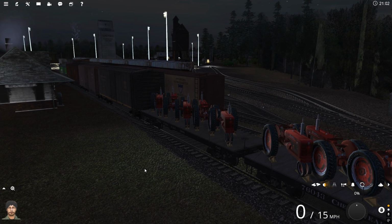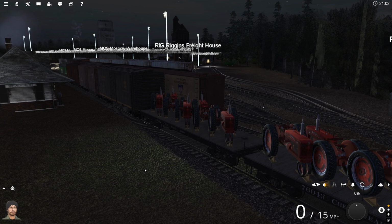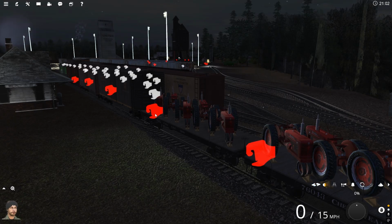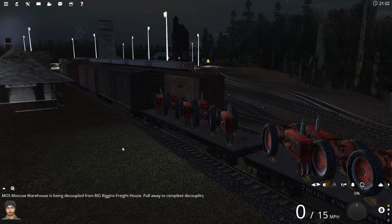Okay, so this flat car here is the last of the Riggins cars. So we are going to disconnect, and our train's going to pull forward, and then we're going to push him out onto the Riggins storage track in the yard. And then we're going to...